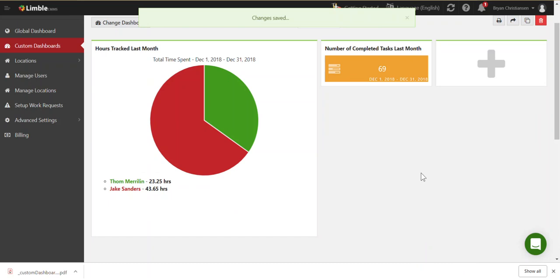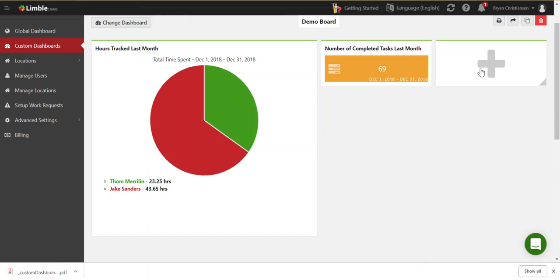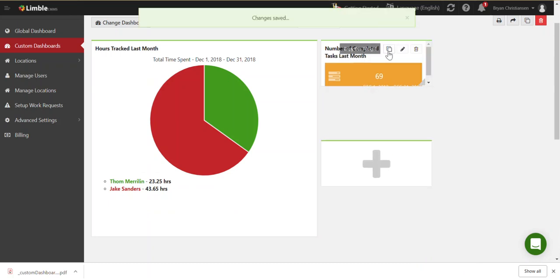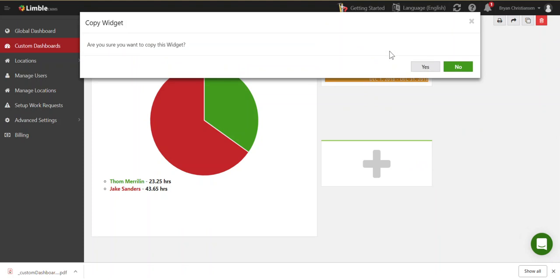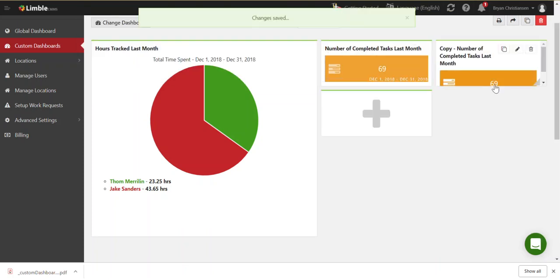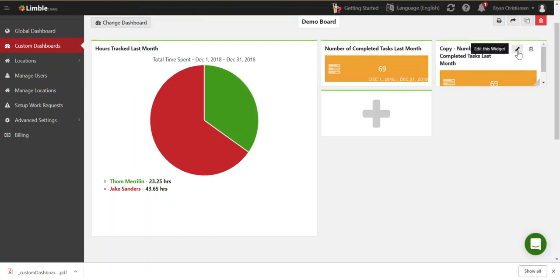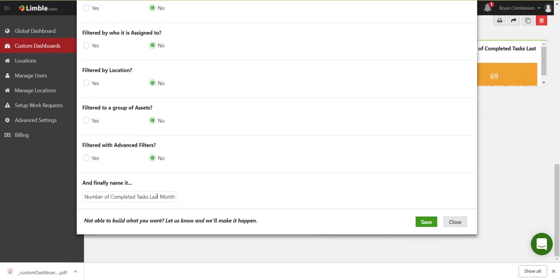Okay, great. Now let's move on to our next one, and I'm going to do parts cost last month. Parts cost last month is actually pretty similar to this last one, so instead of making it from scratch, I'm just going to copy it. And let's edit this here. First thing I'm going to do is change the name. So I'm going to call this